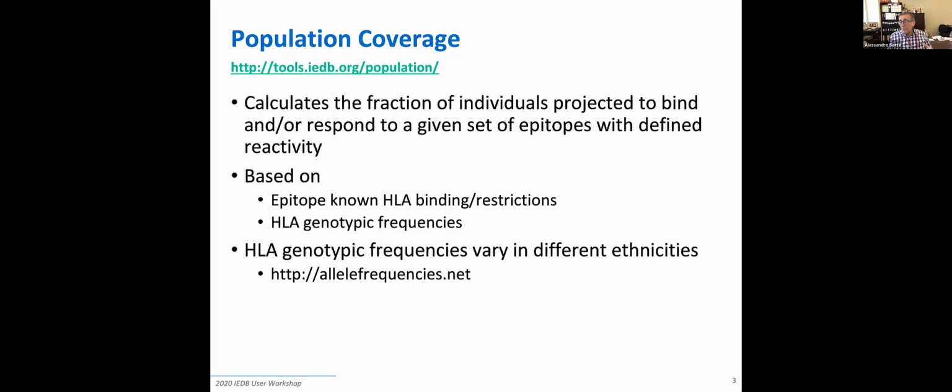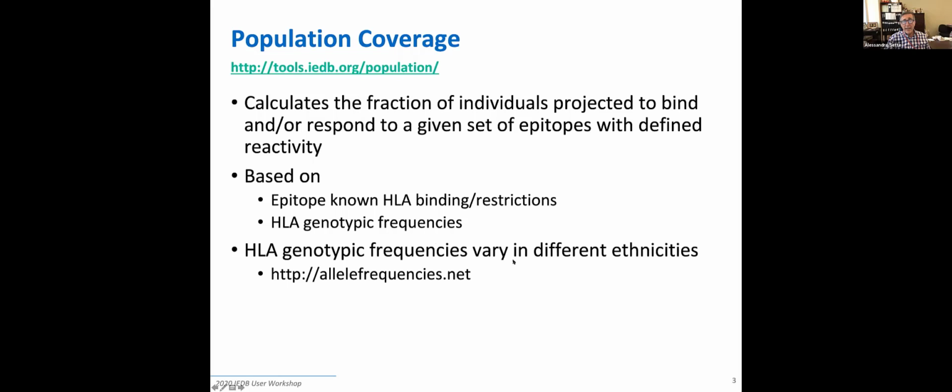And then you must have your population of interest and know what fraction of those individuals express the HLA-DR1 and DR5 and DR7 gene and so forth. So to operate this, we